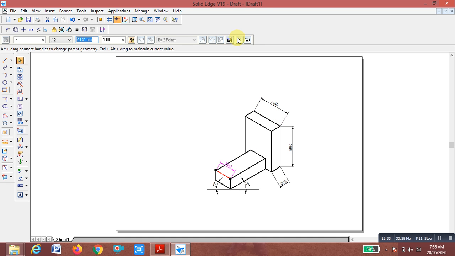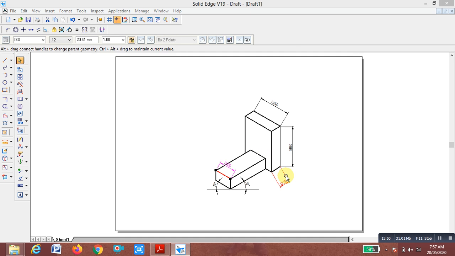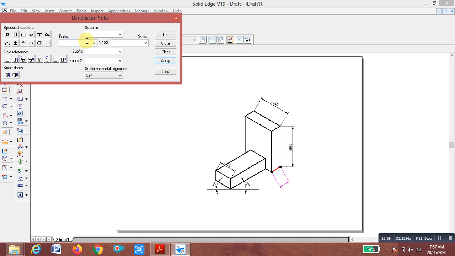The width of the second component given is 25, so ISO 25. Next, the thickness of the slab for both the solids is 15 mm each, so name it ISO 15. Next click OK. All dimensions have to be mentioned in the isometric projection.